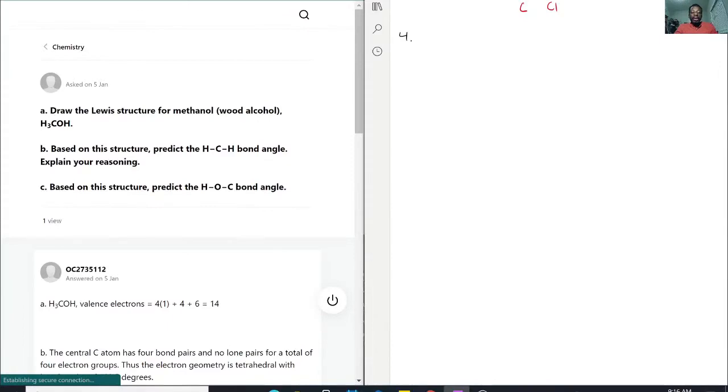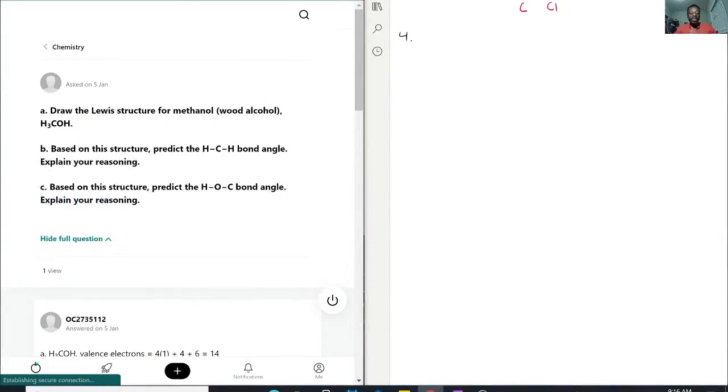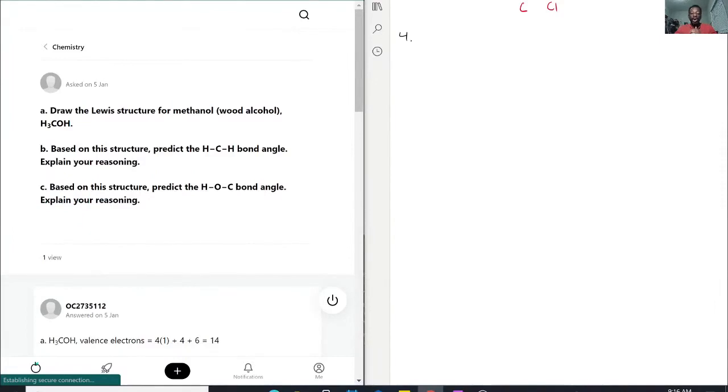We have to draw the Lewis structure for methanol, okay? And then, based on the structure, predict the HCH bond angle, and then we also want to predict the HOC bond angle, and explain our reasoning for both. So first, we have the Lewis structure for methanol, which is